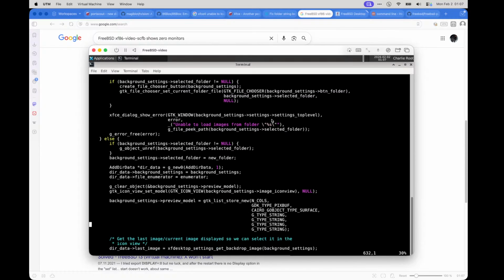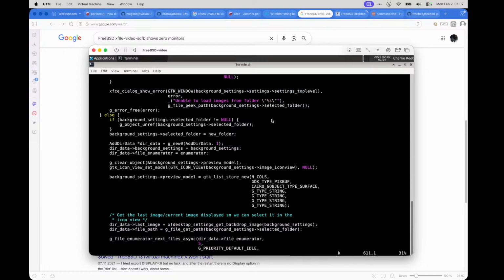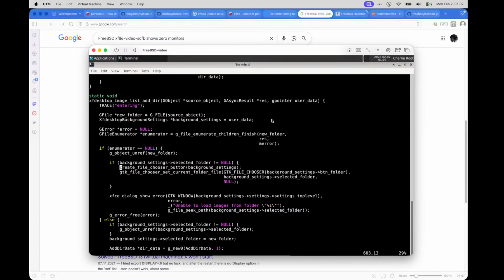So here is the "unable to load images" message. Create file chooser button, background settings, GTK file chooser, background settings button folder, background selected folder. If not now,